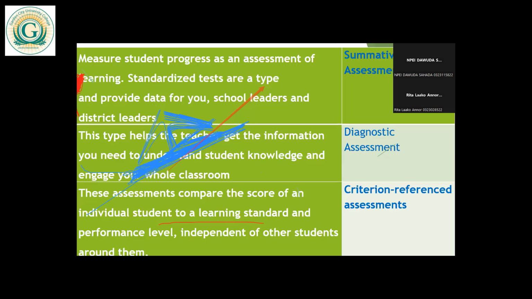Sir, please, some hands are up. Yes, now speak. Please, I want to ask if appraisal can also be a form of criterion reference. Okay, the appraisal that you do. Yes, appraisal with targets is a form of criterion reference assessment, because there are certain targets you have to meet, and you must meet those standards before your performance is rated as meeting the standards or not, irrespective of your colleagues.